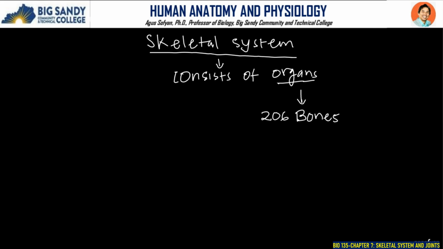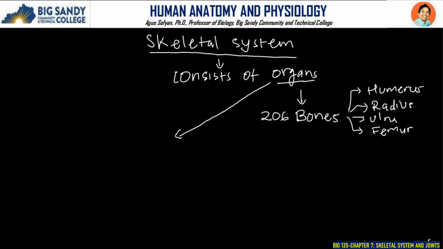Like for example, there is a bones called the humerus, okay, radius, ulna, there is a femur, for example. Okay, so there are 206 of them, and we will learn these 206 bones later in chapter 7 and 8. Okay. So in chapter 6 today, we will learn the